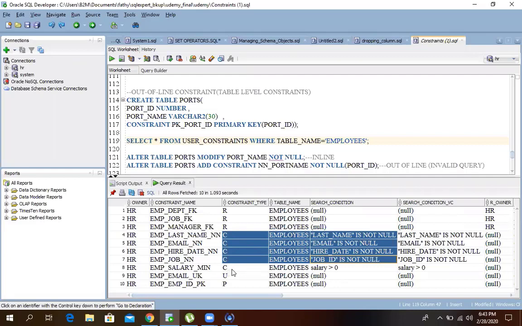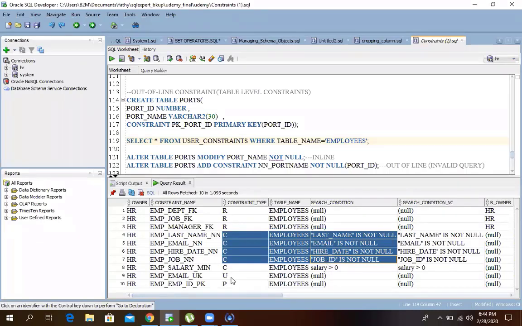And here one more C is there. This C is not a not null constraint; this C is a check constraint. For the check constraint and not null constraint, they use the same abbreviation, but by seeing this column, you can differentiate which one is a check and which one is a not null.